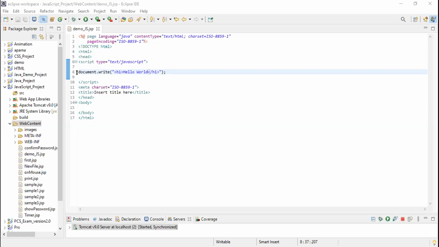So all of you know what is document, right? Yes, ma'am. Document is a container where I can keep my data. In the DOM object model, what is document?